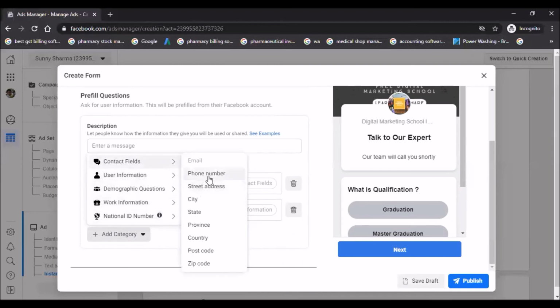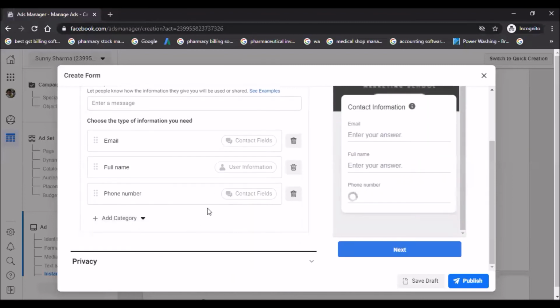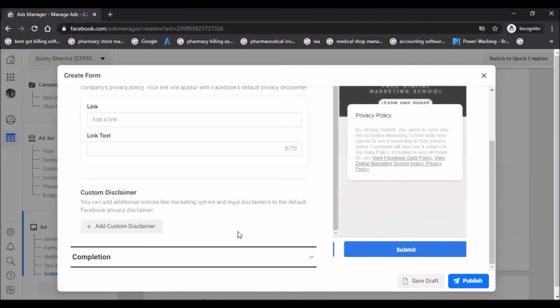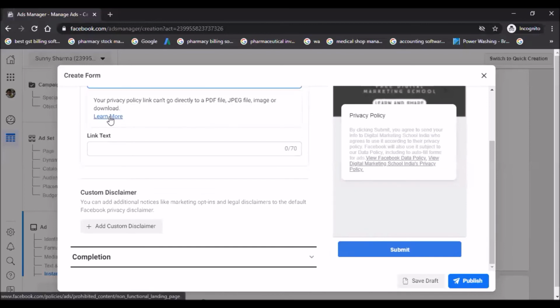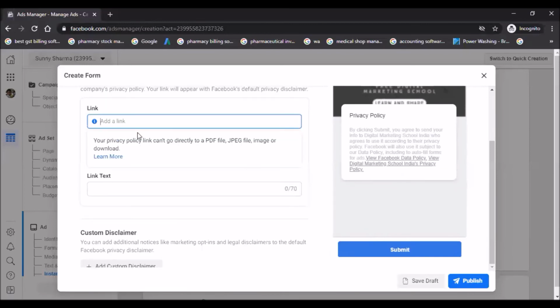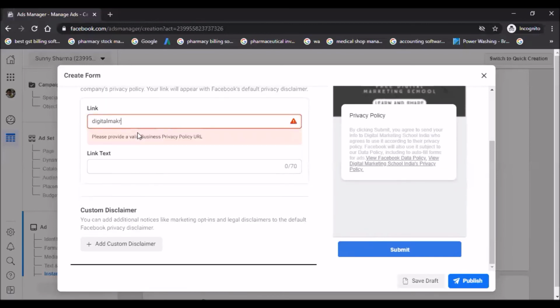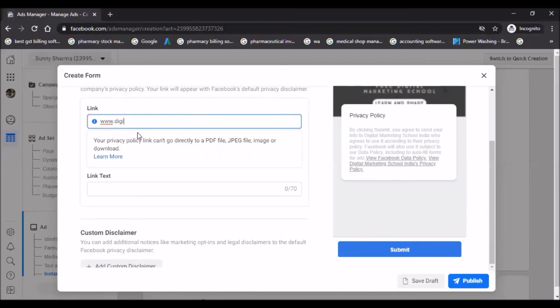I want the phone number so that I can call them. Privacy link, it would ask for the privacy link of your website. Right now I do not have any website, I am just showing you as a demo, fine. I am just writing the website name, it's not a real website.